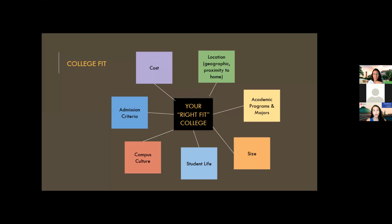And that'll include geographic location, right? Do you want to be in a city? Do you want to be in a college town? Do you want to be in a more rural environment? Is there an area of the United States or even the world that you have wanted to live in or attend school in? Do you want to be close to home? Do you want to go far away from home? What are your priorities when it comes to location? What are you looking for? What type of environment do you want to be in? Do you have any limitations there that you want to keep in mind when thinking about what colleges you're going to apply for and what might be the best college fit for you